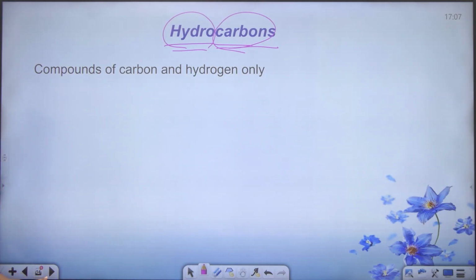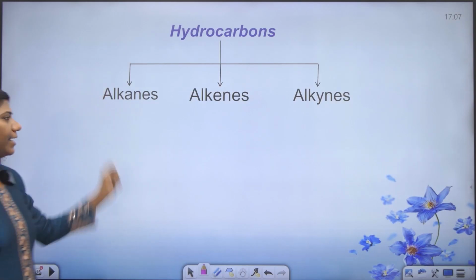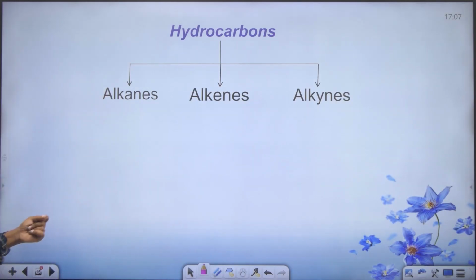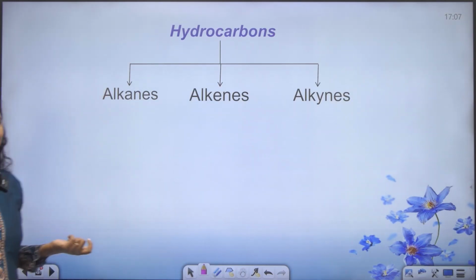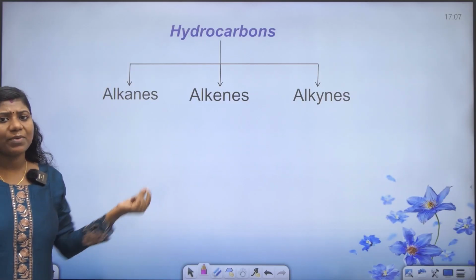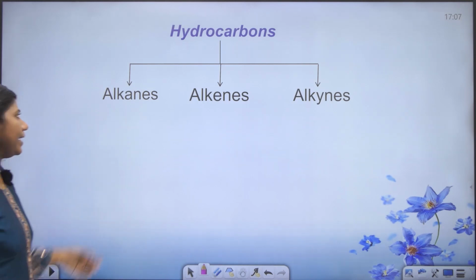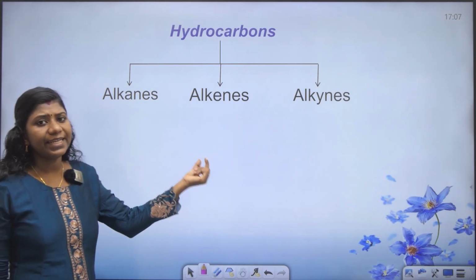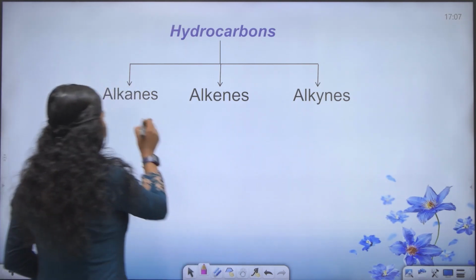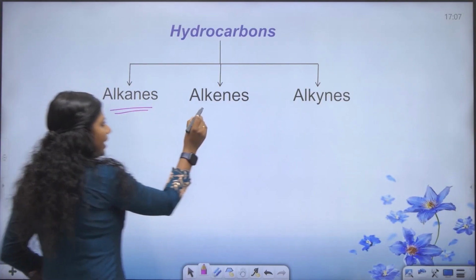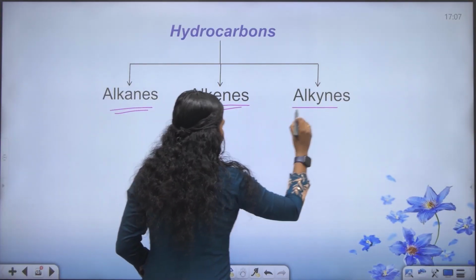And hydrocarbons are classified into 3 types. Hydrocarbons mean compounds containing carbon and hydrogen only. That type of compounds are known as hydrocarbons. They are classified into 3 types: alkanes, alkenes and alkynes. We know that